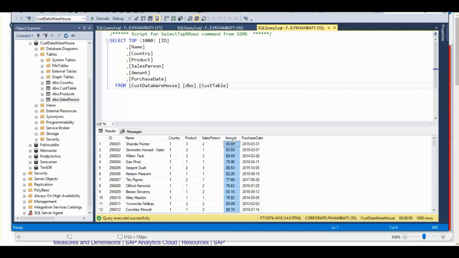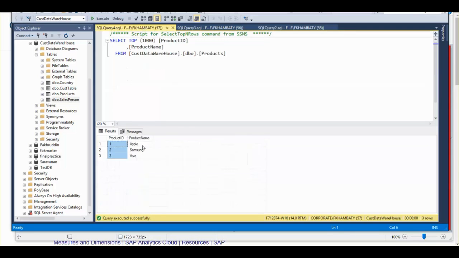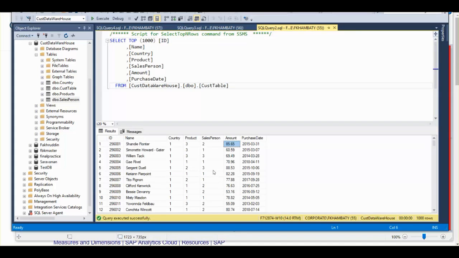So when I say I want to get the sales of my product in a particular country, it will calculate by the country ID, which is a foreign key in this table, and it will find all the country ID where country ID is 1, and it will do a sum of all the amounts. Similarly, if I want to know the product sale of, let's say, Apple, if I want to know the sales of Apple in a particular country, I will just calculate based on this particular field. As a result, what calculation would it be on? It would be the amount that would be calculated, right?